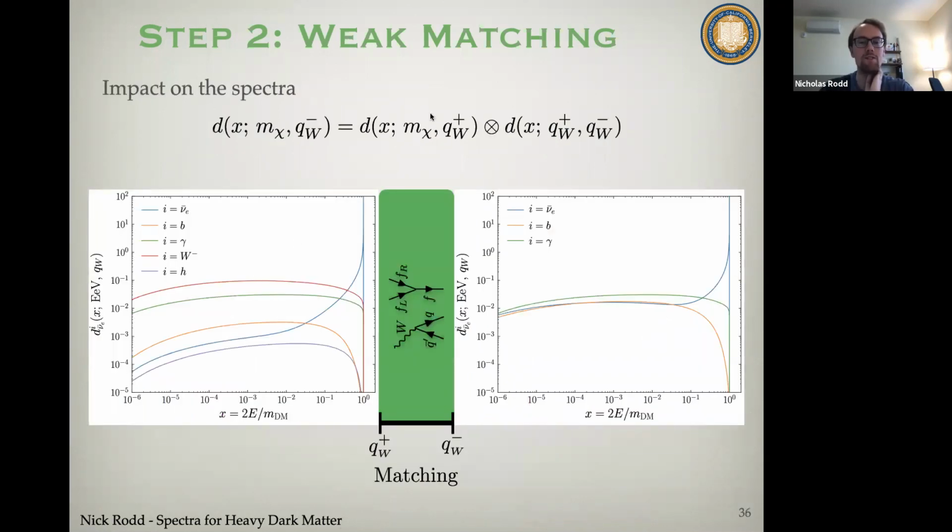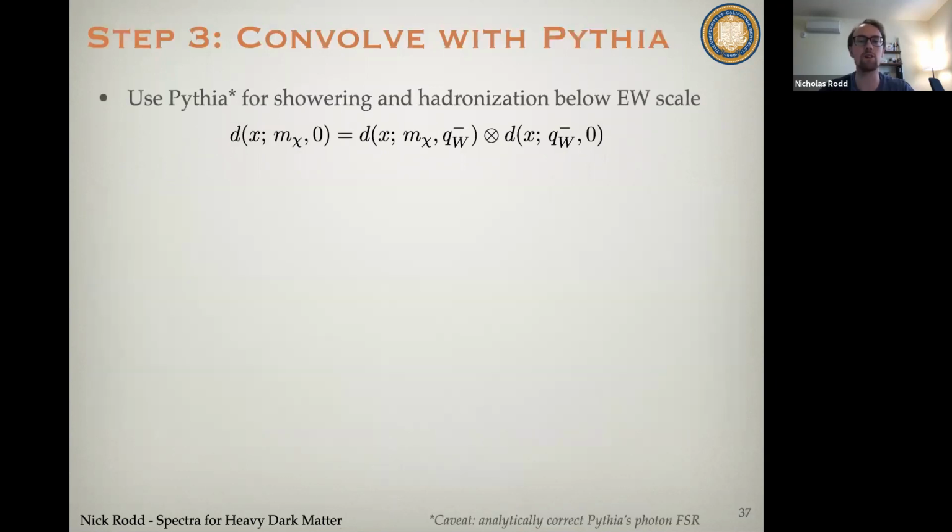So what we do here, to actually do this gluing, pictorially, you can imagine what's happening is we're just getting rid of these W's and the Higgs, for example, and then this will produce other particles like neutrinos, B quarks, photons, for example. That's what's happening through this threshold. Then we'll do this gluing one more time, and what we'll glue that result onto is a result where we've evolved from the electroweak scale down to some infrared scale, essentially, which is what I'm showing you on the right-hand side here.